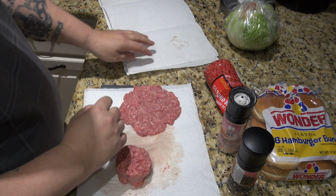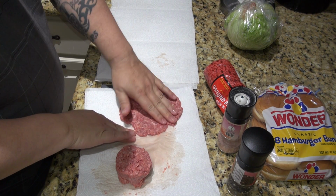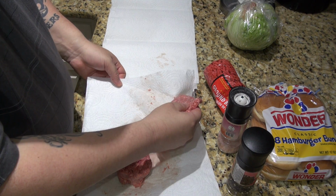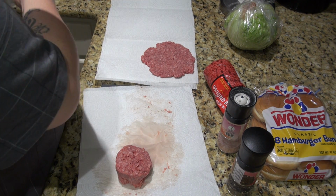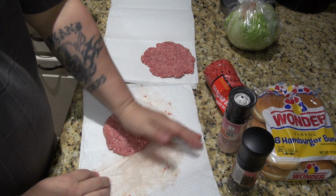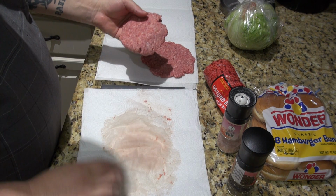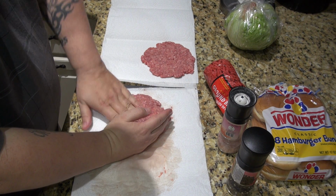You know, there's several recipes out there. Like I said, you can put Worcestershire sauce and all kinds of flavoring in it. Me personally, because I like the meat so much, I'm just going to put salt and pepper on it, and that is it. And you could put onion, garlic powder on it, you know. But because I believe the meat has such a really good flavor to it, to me,